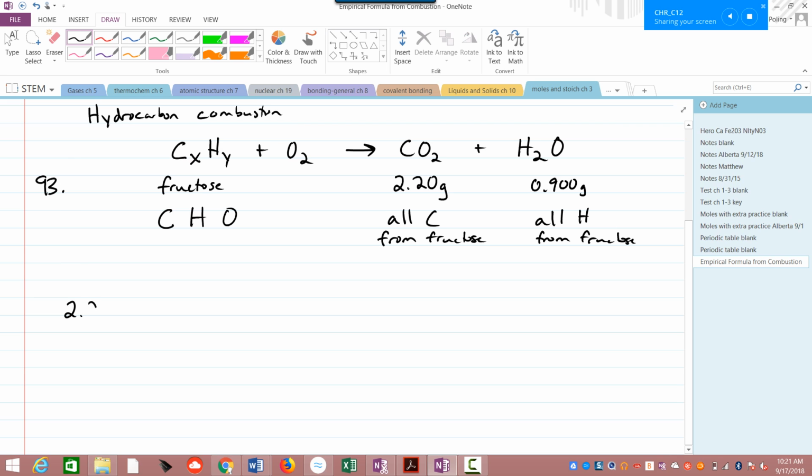So if you have 2.20 grams of CO2 and you want to know how many grams of just carbon are in that, what are you putting on the top? Carbon. And what are you putting on the bottom? Not oxygen, carbon dioxide. Because you want grams of carbon dioxide to cancel, and you want grams of carbon to be left. So, grams of carbon and grams of carbon dioxide,